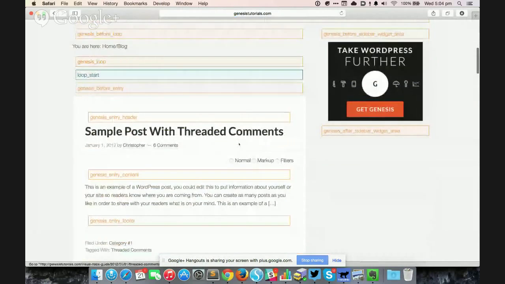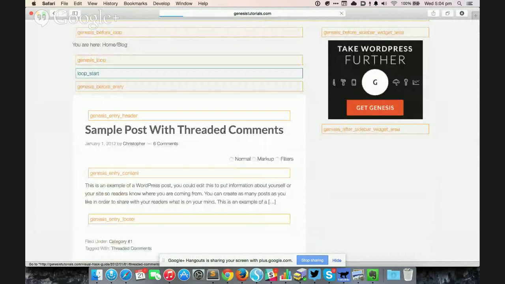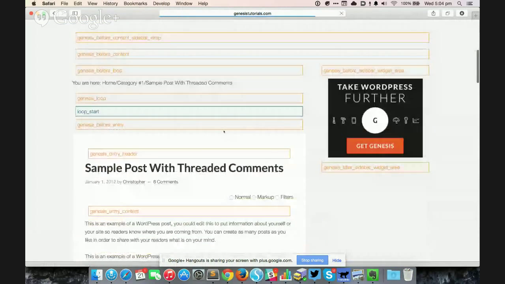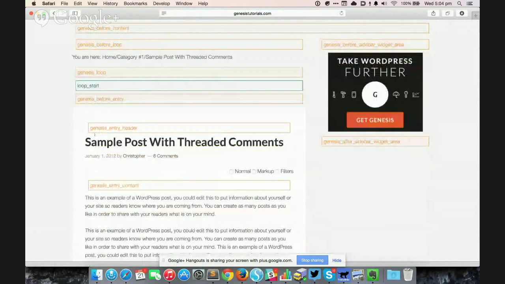In this case, we need to go to a single post. So genesis_entry_header is the location at which genesis_post_info is hooked. To do this conditionally, you just go one level up, genesis_before_entry. So you copy that name